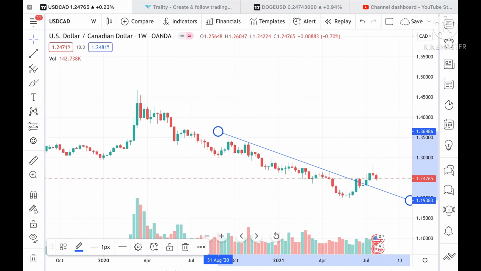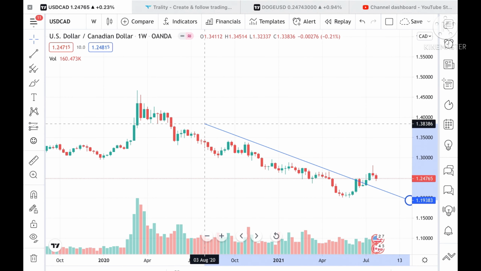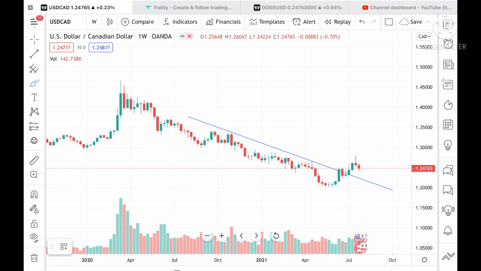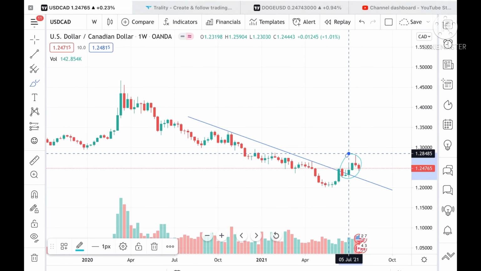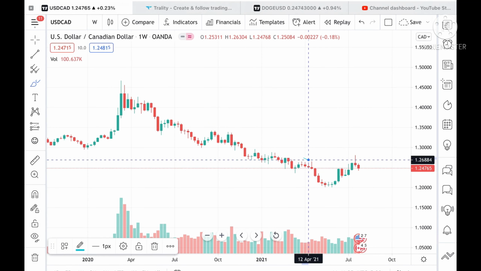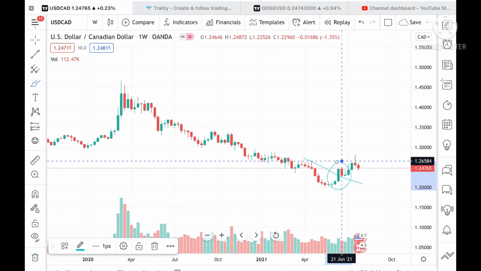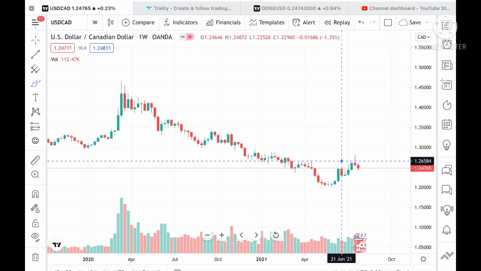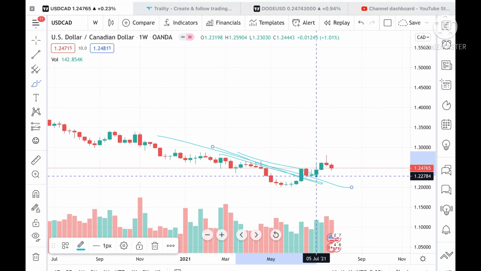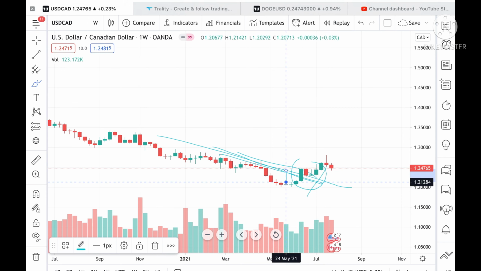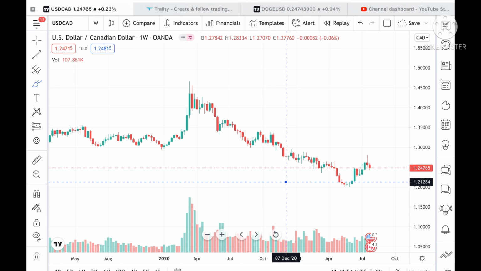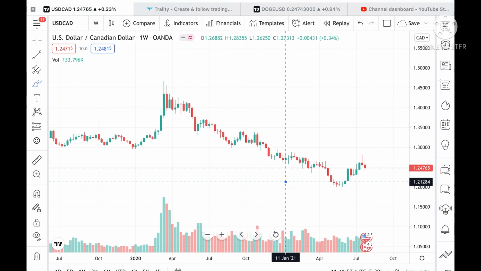we can see that after breaking this particular range, we have seen two green candles forming. But there you can assume that there is a fake breakout at this particular range, because after breaking this particular range, if you look at the range in a smaller frame, then we can understand that yes, there is a probability that it has moved up. But if you look at a longer frame, then we can see a trend line has moved a little up, and from there we can see a red candle forming, but after that it has moved upside.